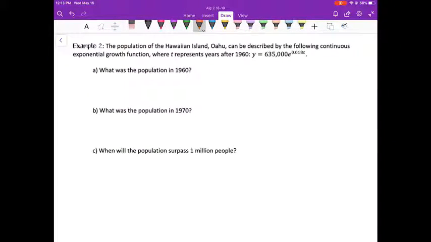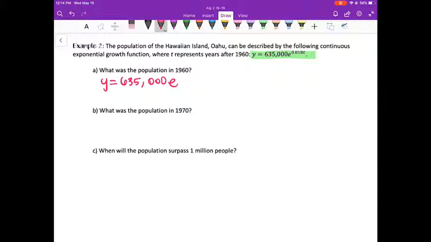In example 2, we have the equation given to us. So the population of the Hawaiian island Oahu can be described by the following continuous exponential growth function, where t is number of years since 1960. So our first question is, well, what was the population in 1960? Well, there's a couple different ways we can think about this. We can say, well, that's